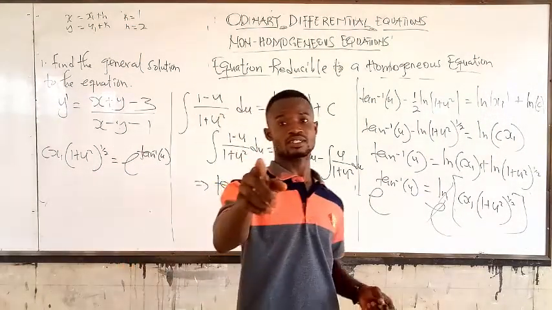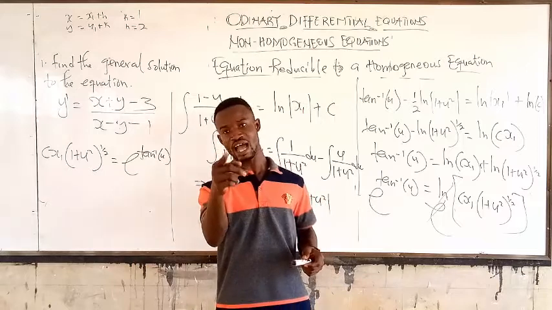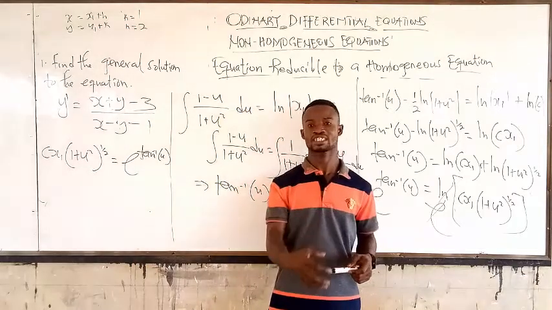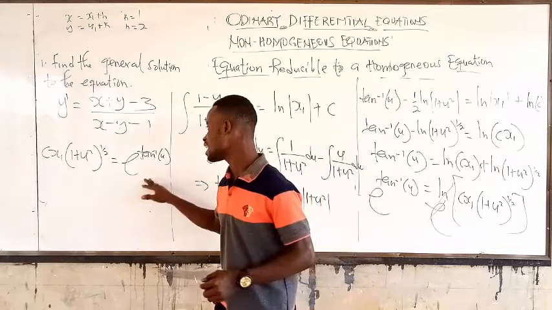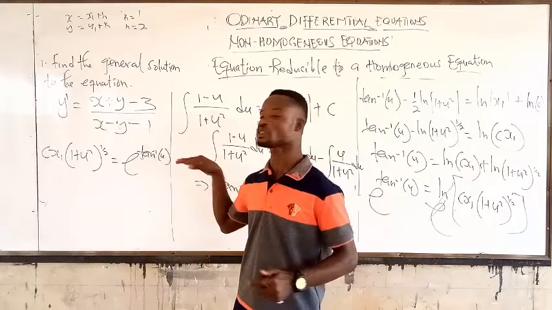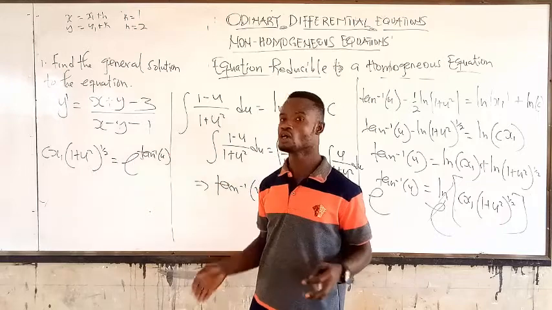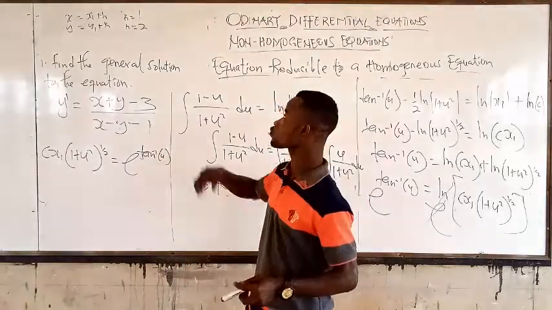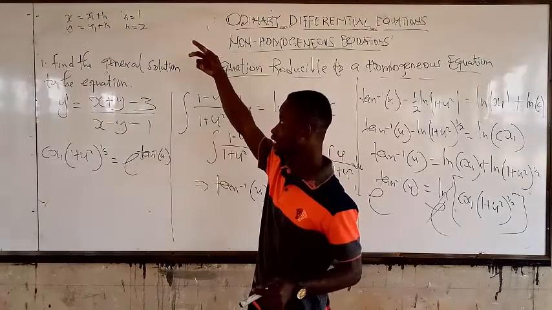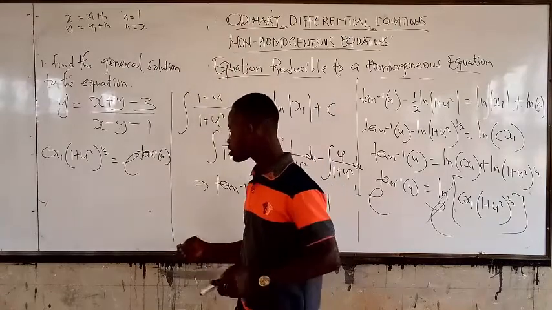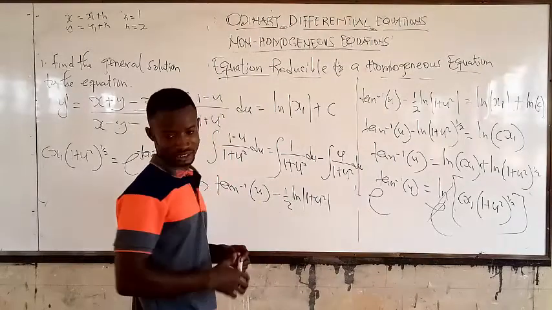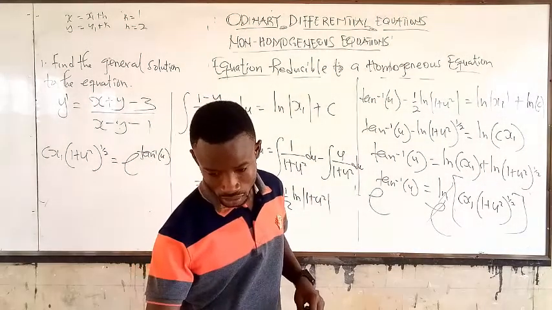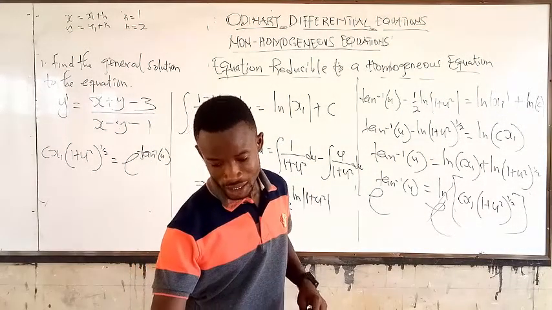But don't forget, that is not the final answer. What we are looking for is a general solution. But here, the general solution is in terms of what? u. So in this case, we have to do the substitution back. Alright? What is u? We know that